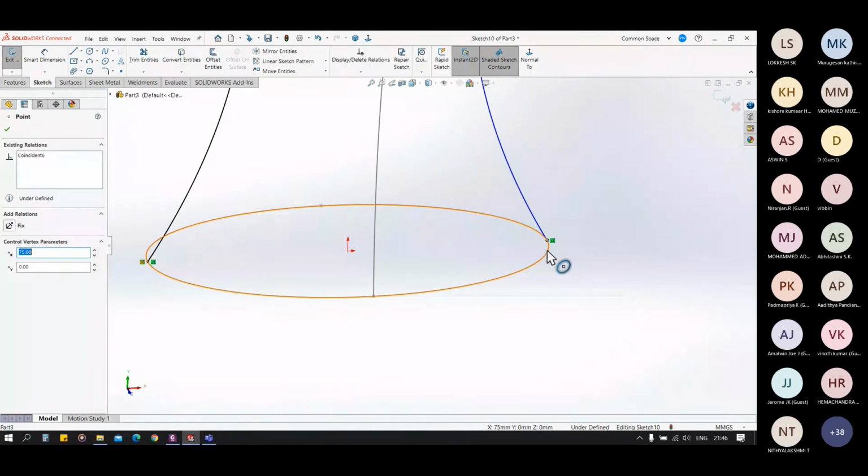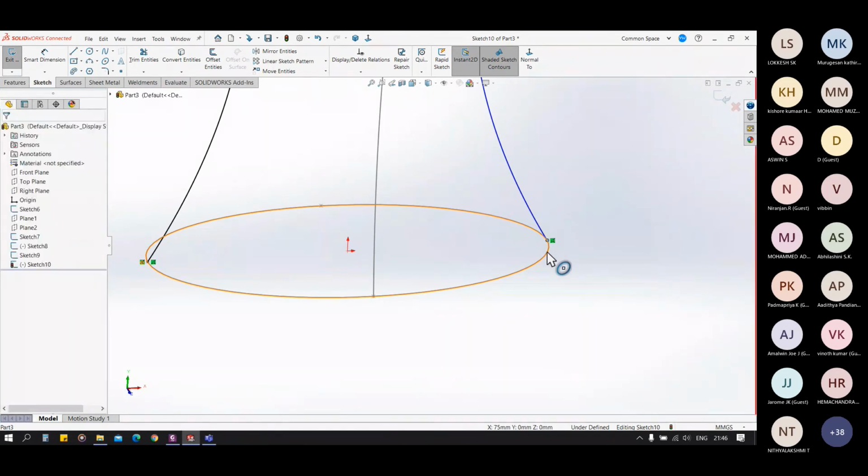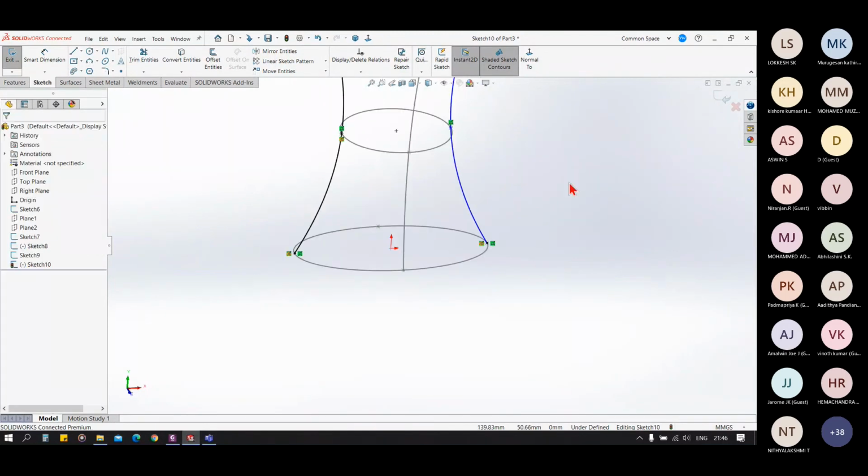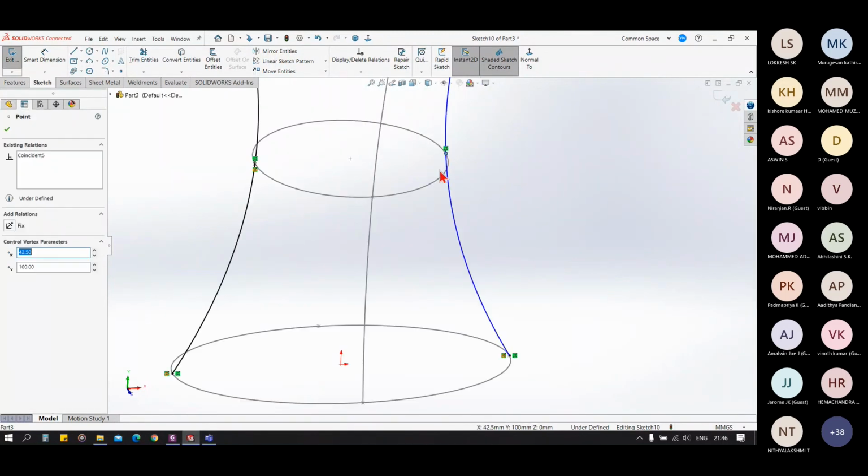Select the point on the curve and the sketch profile and select the make pairs option every time you use the guide curve.